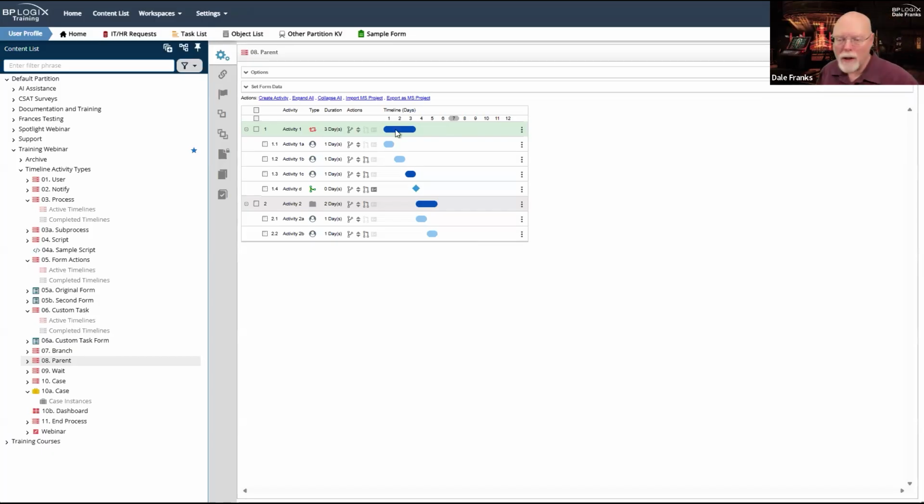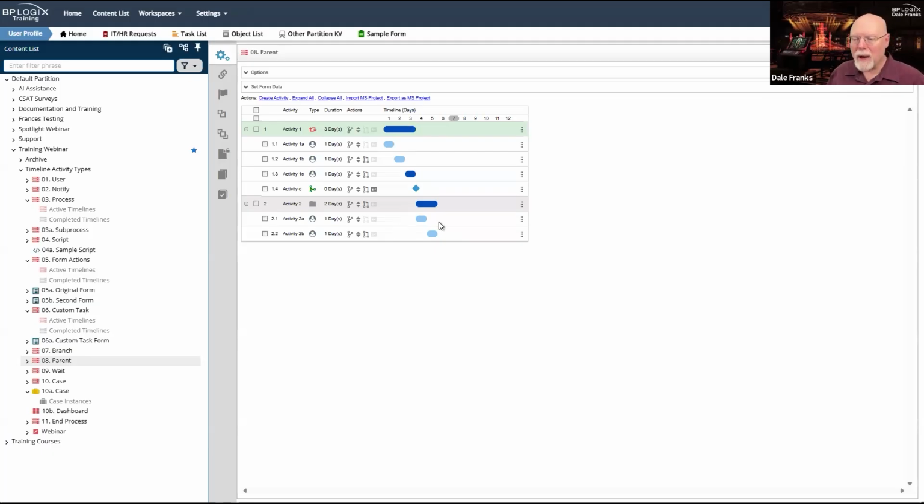So when activity 1 starts, activity 1A automatically starts, or in this case, when activity 2 starts, activity 2A automatically starts. So when a parent activity starts, it automatically invokes its first child activity. And when the last child activity ends, the end of that activity automatically ends the parent activity and completes it.